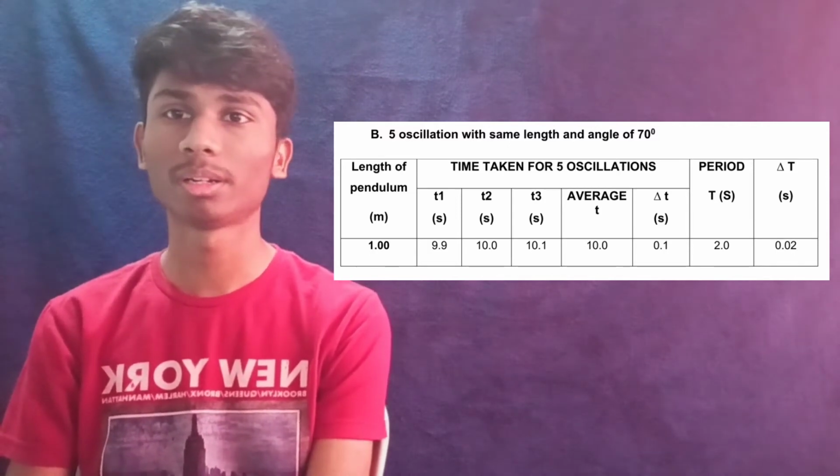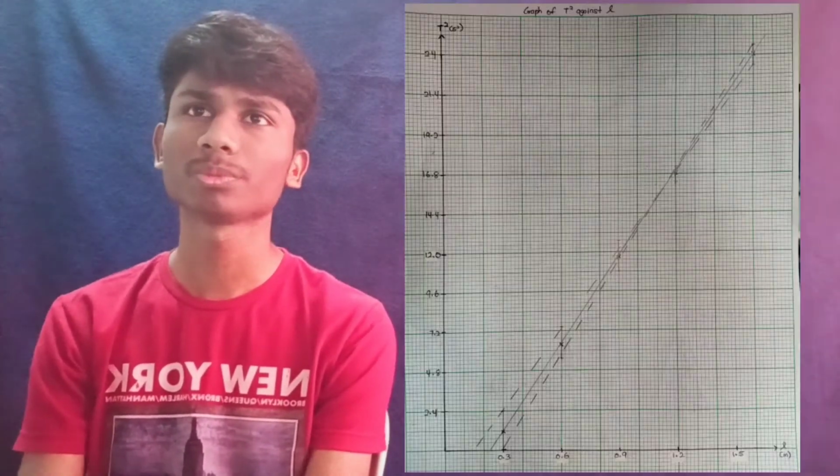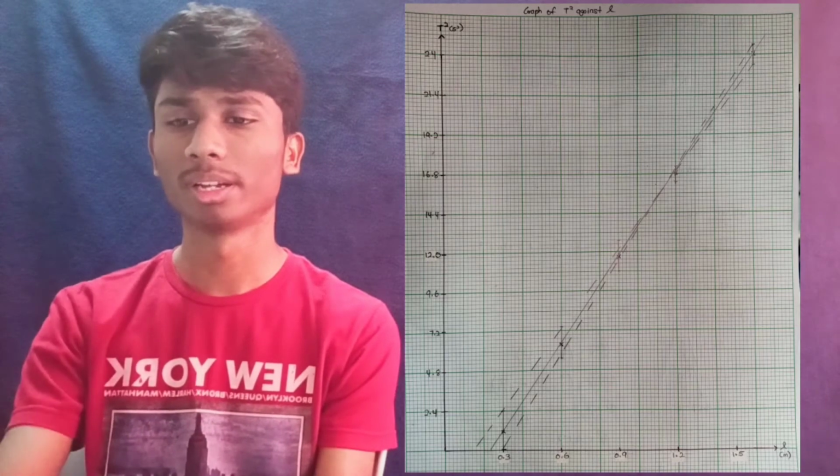After recording the data in the table, we are going to plot a graph of T squared against L from the data obtained in part A. By using the data that we recorded in the table, this is the graph that we have plotted. From the graph, we are going to do some calculations in order to calculate the acceleration due to gravity. First, for part A,